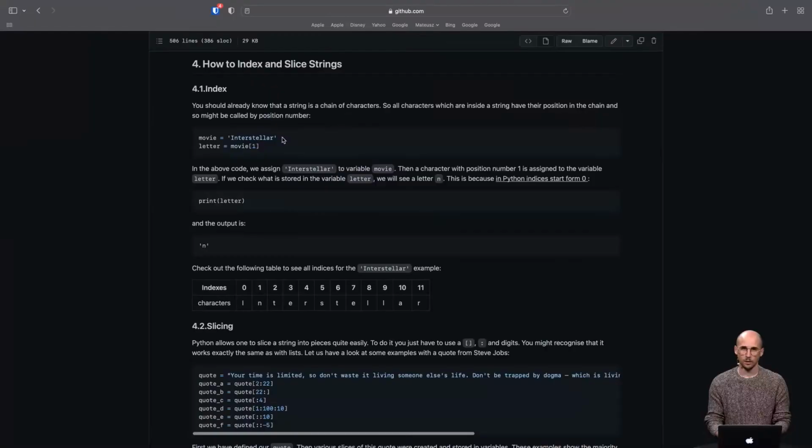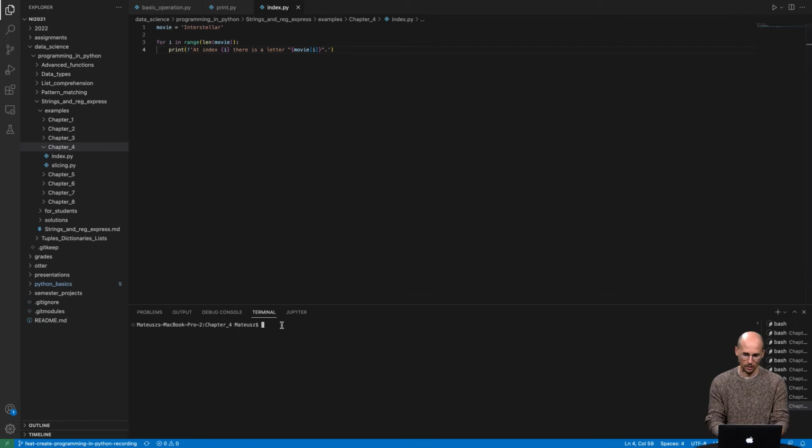You already know that a string is a chain of characters, so these characters are stored in order in Python. And we can easily check how this works in Python using not scripts but just the inline mode. So as you remember, to start inline mode we just have to write python3 in the terminal, and here we can work in a similar manner as we worked in Jupyter notebooks. So basically we can define the variable interstellar,